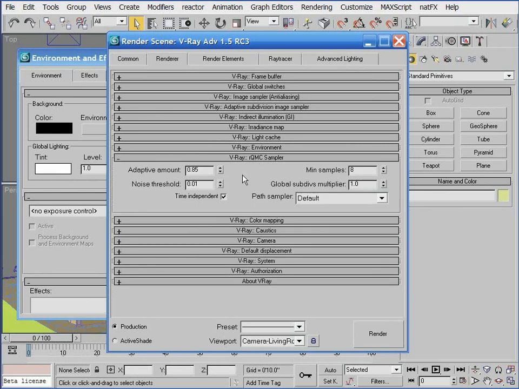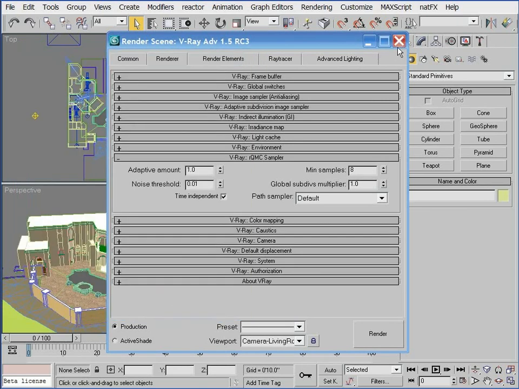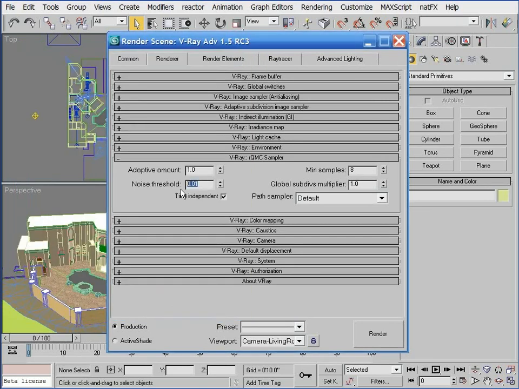Next, I'll go to the QMC sampler rollout, and since I'm not going to be using HDRIs in this scene, I'm going to set the adaptive amount to 1.0. Increasing this value can speed up the rendering a lot, and even though it can also increase the likelihood of splotches, especially when I use things like HDRIs, I'll try to combat them in other ways first if they do appear. The noise threshold value can be left at 0.01, and with that I think I'm ready to do the